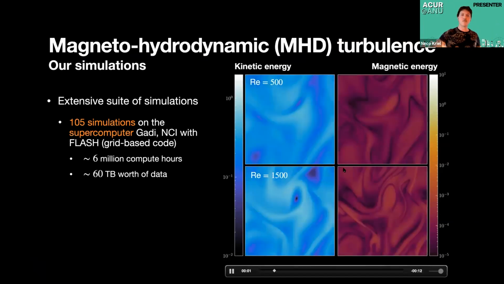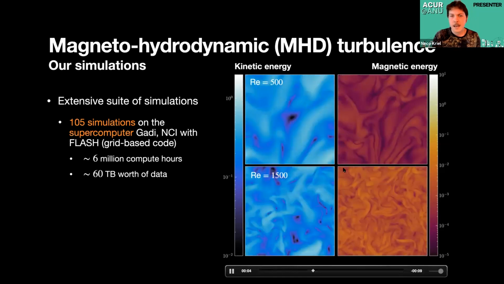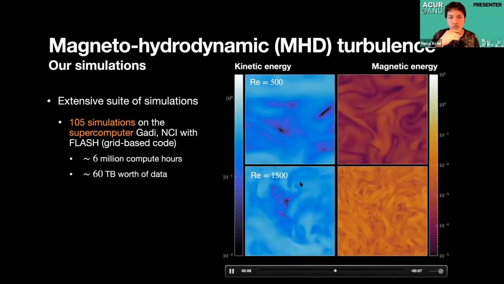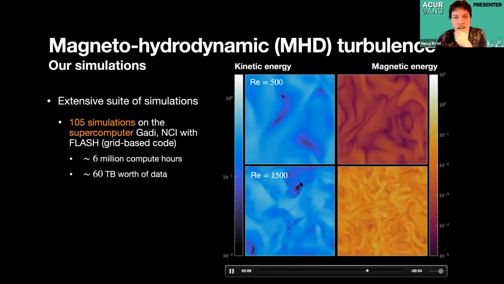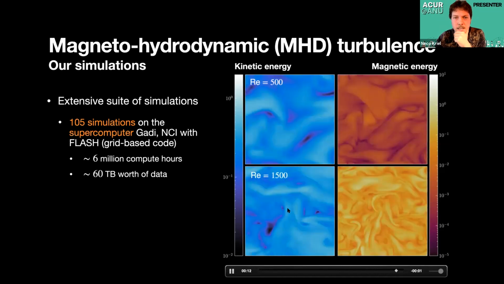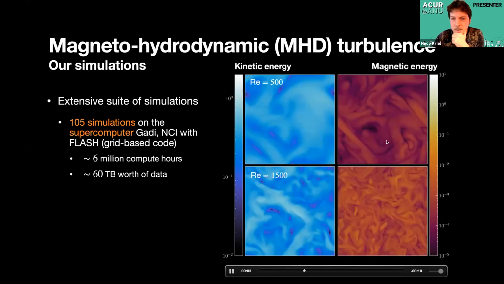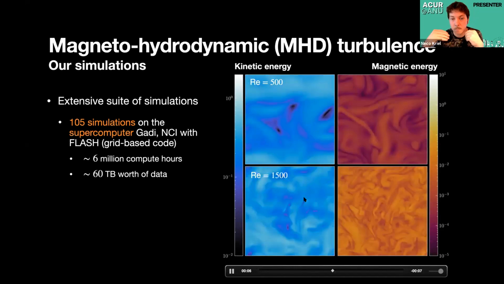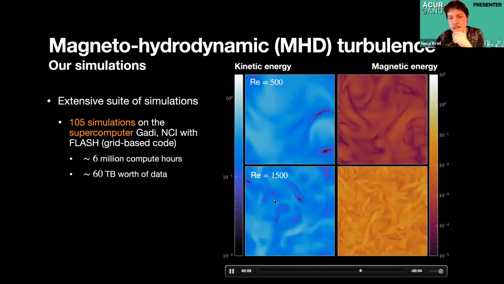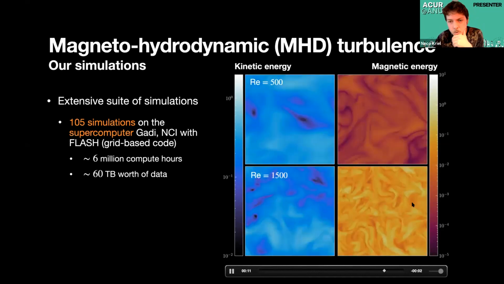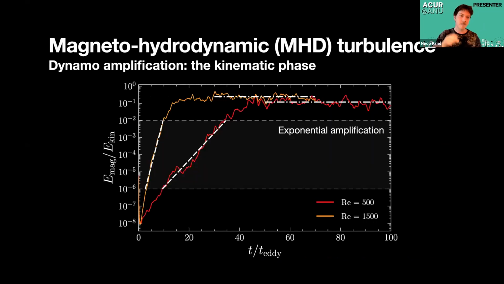And visually speaking, when we take a look at a slice of our simulation domain, by increasing the Reynolds number, we start finding energy becomes concentrated at smaller scales. On the left, we're looking at the kinetic energy. This is tracing the turbulent field. And on the right, we're looking at the magnetic energy. And we observe when the Reynolds number becomes larger, energy becomes concentrated at smaller scales. We also observe magnetic fields grow in strength. And we see this when we have a look at the magnetic energy